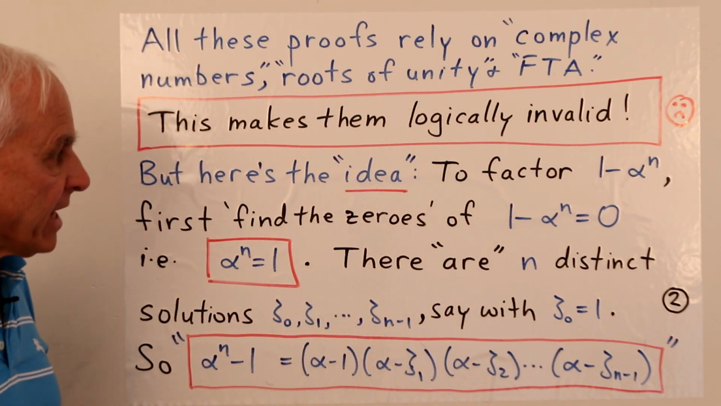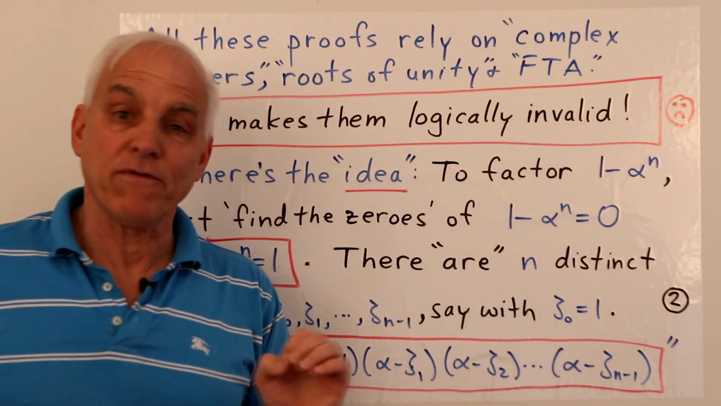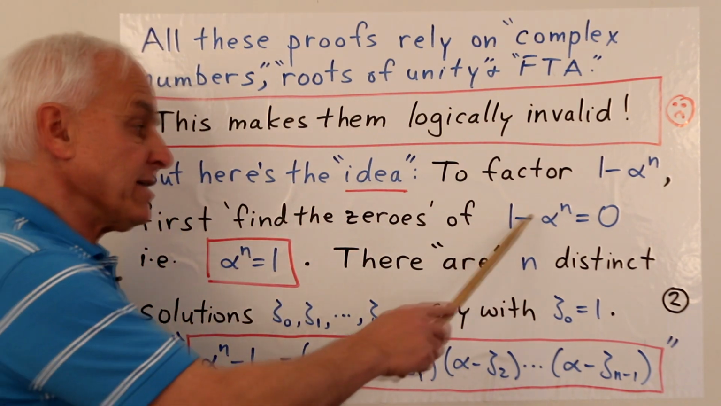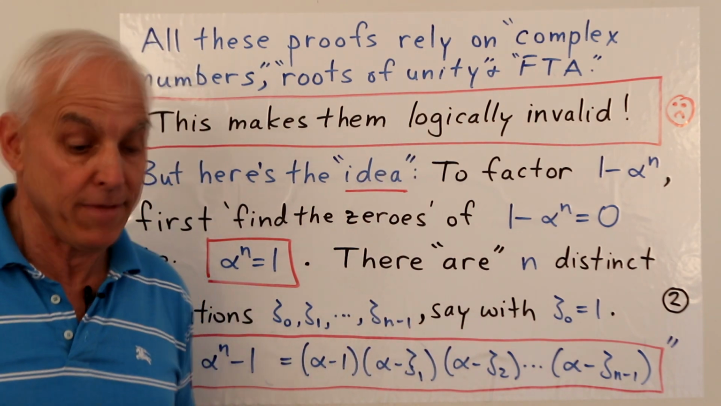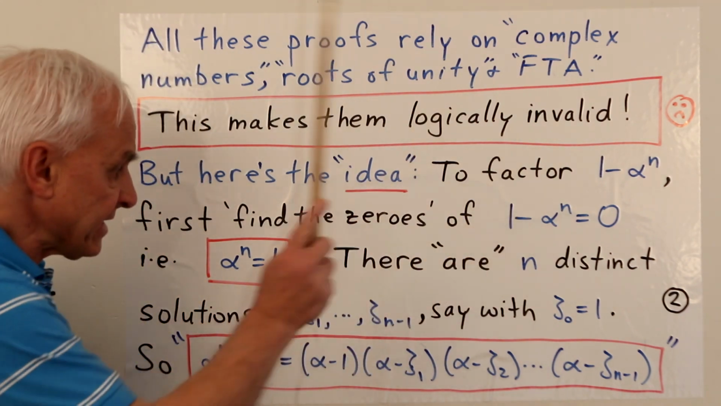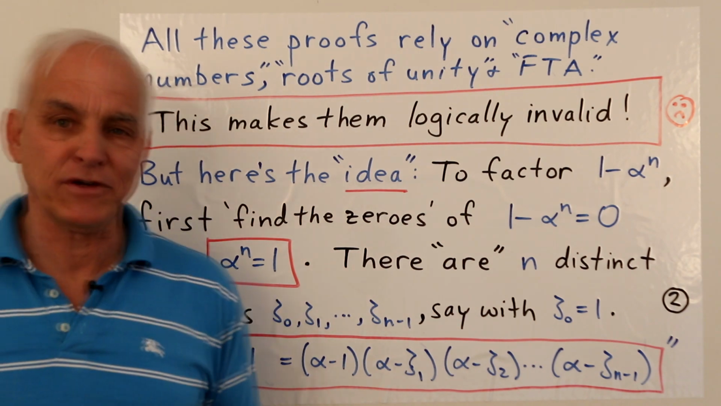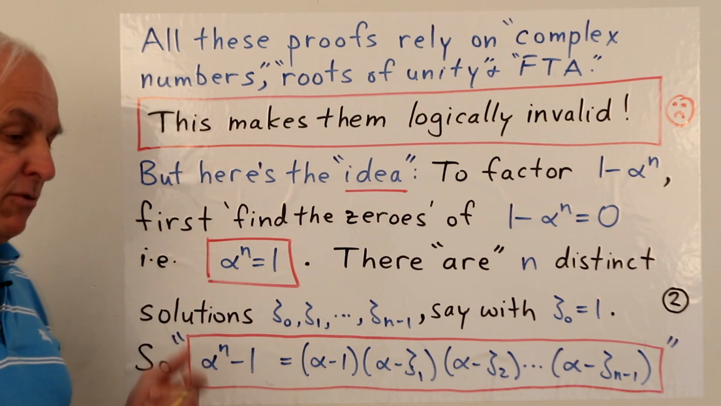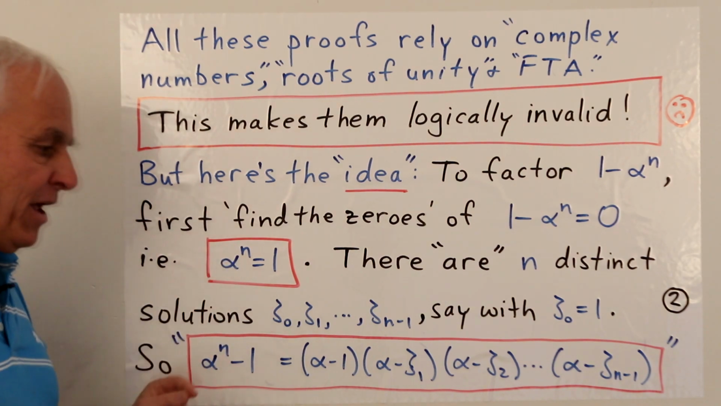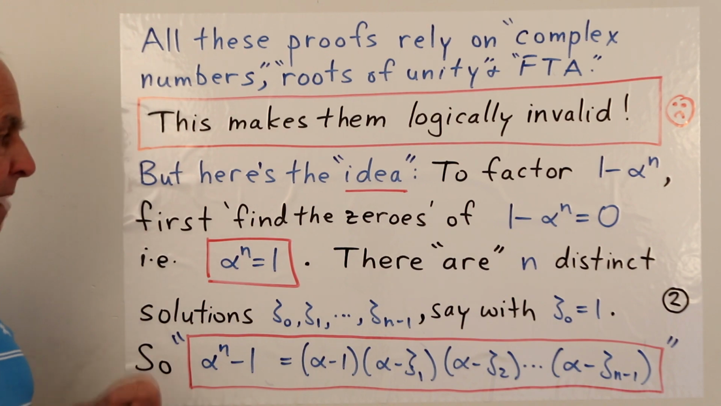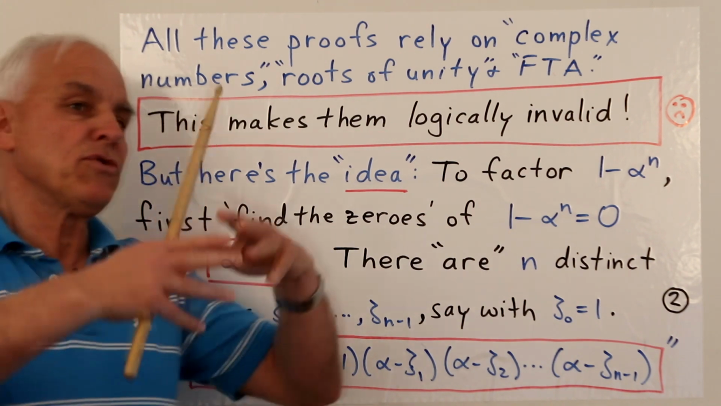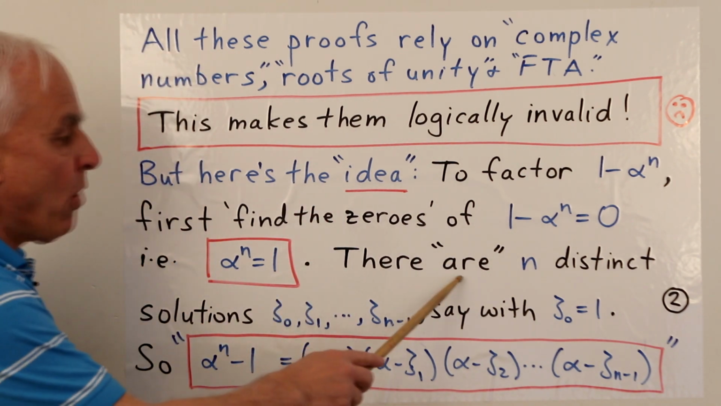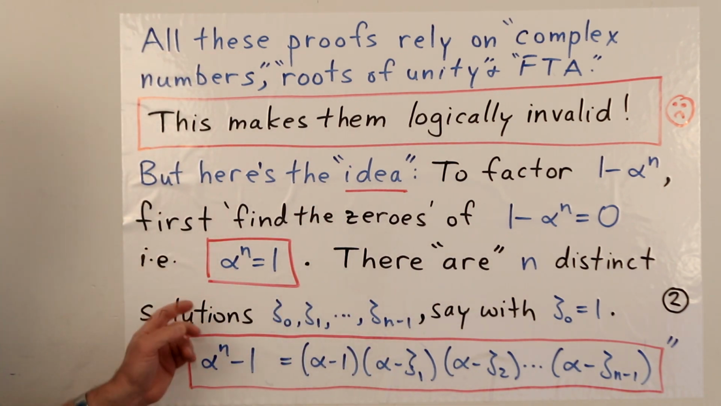So the usual idea is that to factor 1 minus alpha to the n, we're going to first find the zeros of the equation 1 minus alpha to the n equals 0. That's a reasonable idea. That's the same as finding solutions to alpha to the n equals 1. Now there's one obvious solution, which is alpha equals 1. And if n is even, there's the other solution, alpha equals minus 1. But when you go to the complex domain, in quotes, then supposedly there are n distinct solutions, because this